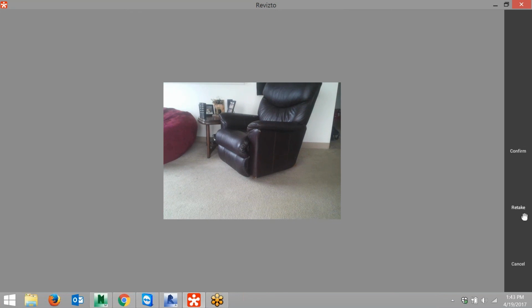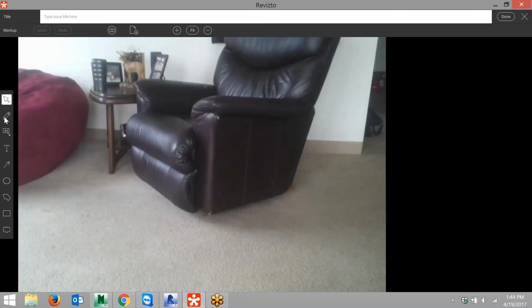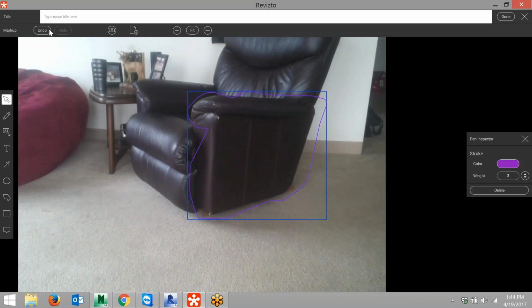And so what I would do is I could actually mark up specifically what was wrong with this chair. And obviously we're on a computer here, so we don't have the same quality we would on an iPad. Chair test. And so I can mark this up, select done,